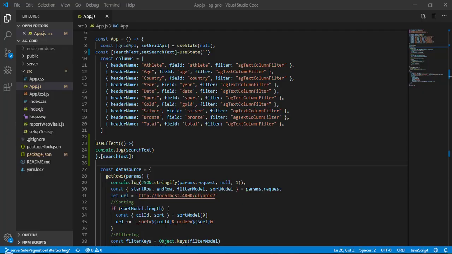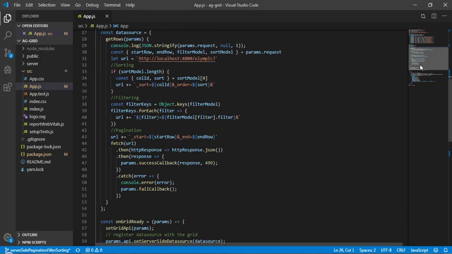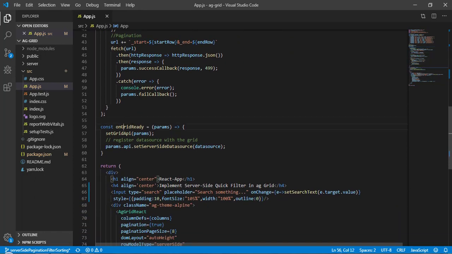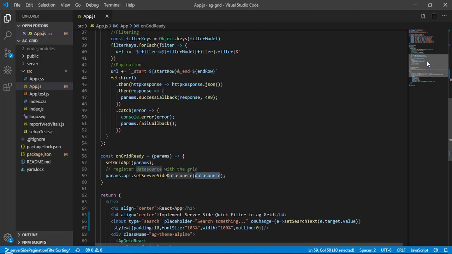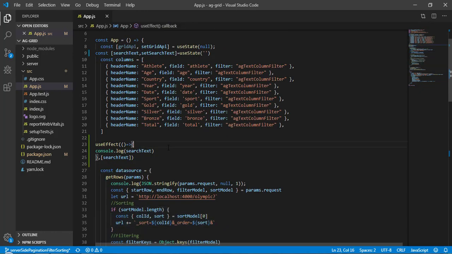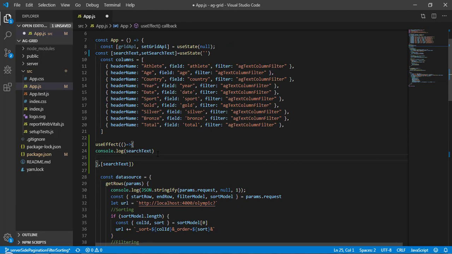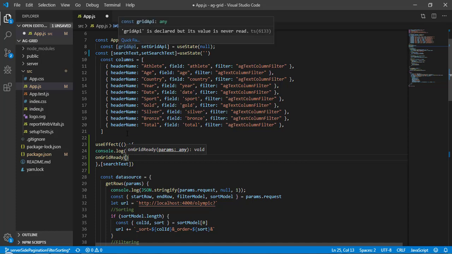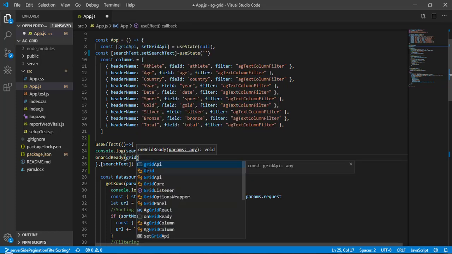So now what we have to do is call our onGridReady function, because if we call the onGridReady function, it is definitely going to call this setServerSideDatasource. It will call this data source, and this data source is going to call this, and here it will make a server side call. So for that, let's come back, and here I will write onGridReady. This onGridReady is expecting a parameter, params. Here I am already storing it in gridAPI, so I will write gridAPI.